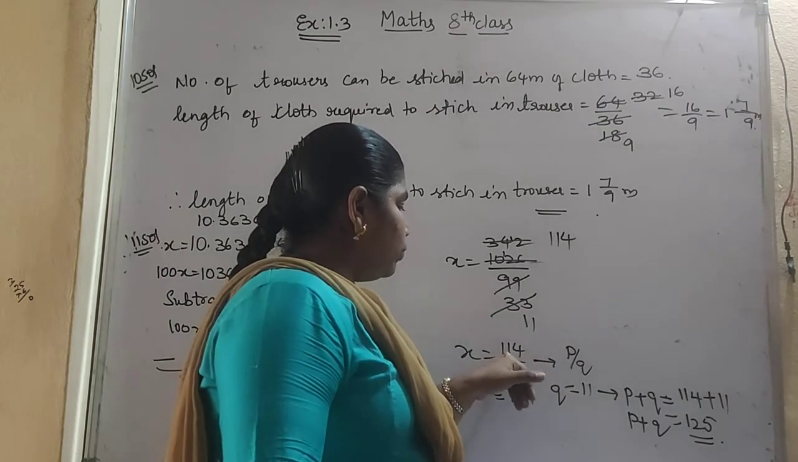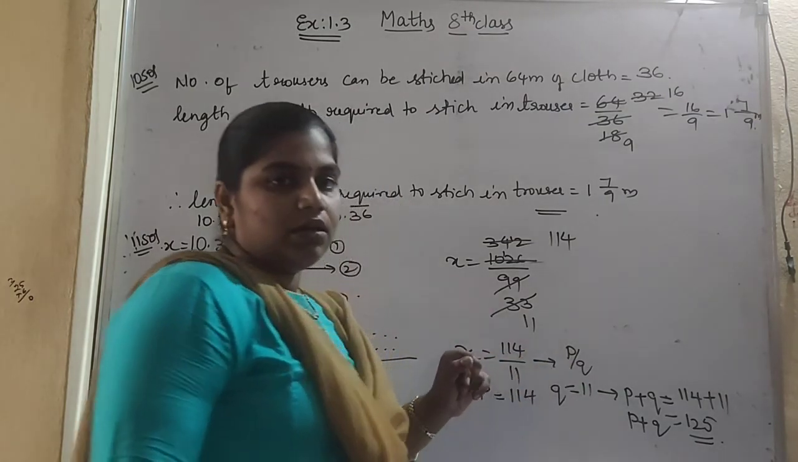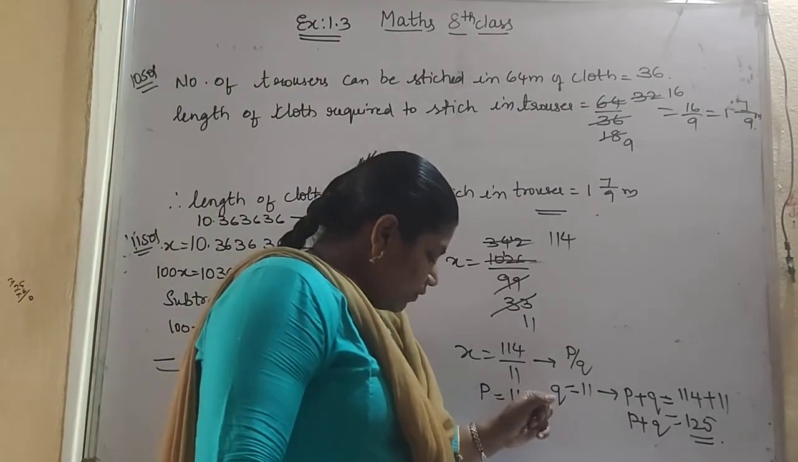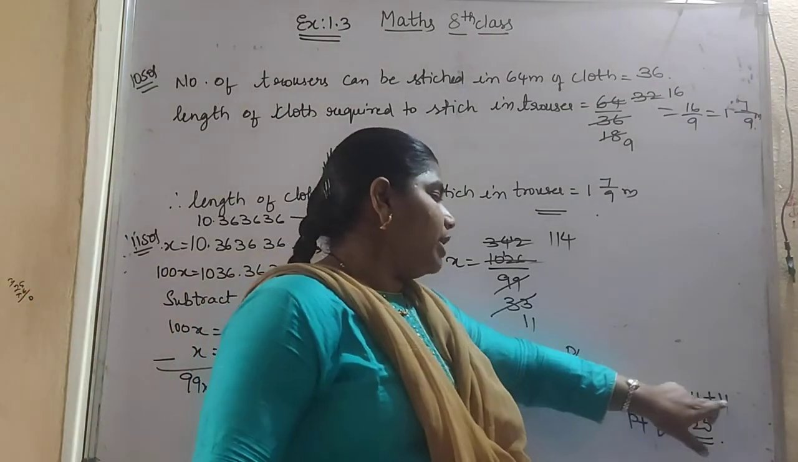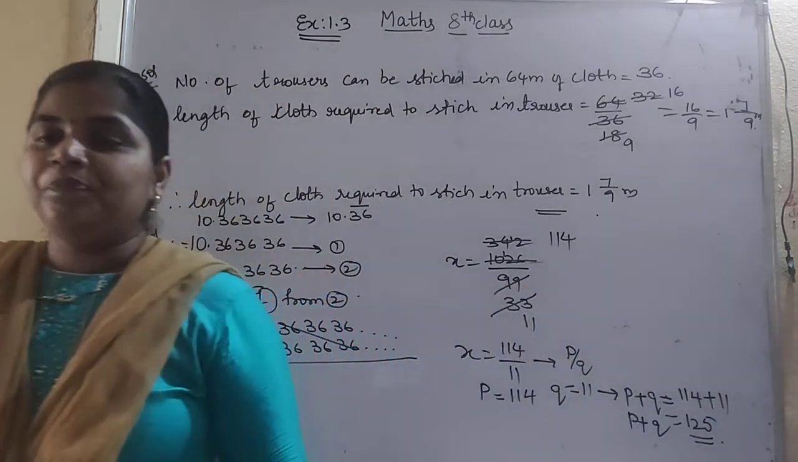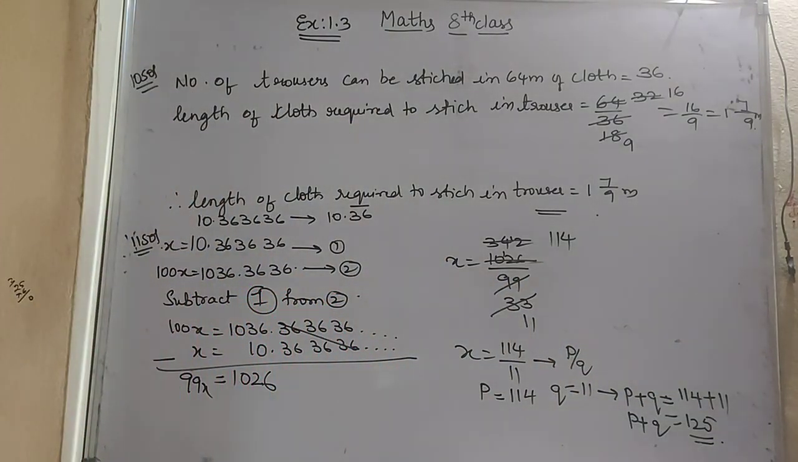Here P is equal to 114 and Q is equal to 11. So what we have to find? We have to find the P plus Q value. P plus Q means 114 plus 11, that will be equal to 125. So here the P plus Q value, how much you got? That is 125. So with this,